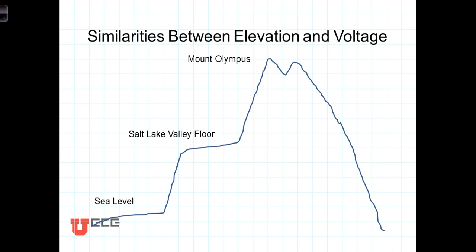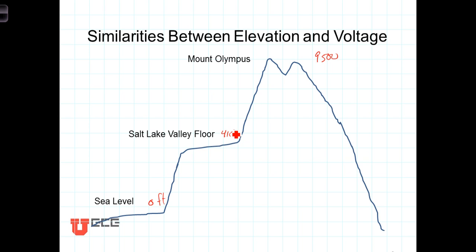First of all, the similarities between elevation and voltage. If we want to talk about the elevation of, say, Mount Olympus, we've got to define, first of all, what we're measuring relative to. In other words, we establish our reference. Typically, sea level is our reference at 0 feet. Mount Olympus, then, is about 9,500 feet above sea level, and the Salt Lake Valley floor is around 4,100 feet